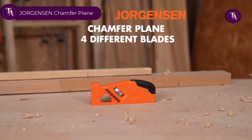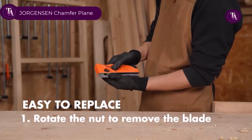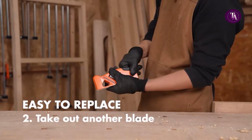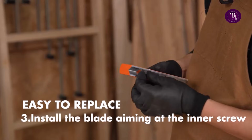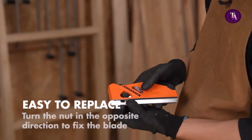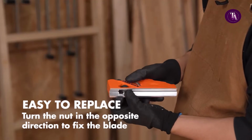Jorgensen Chamfer Plane. The Jorgensen Chamfer Plane is a precision corner easing tool designed for fast, clean edge shaping on woodworking projects. Built from high-grade machined aluminum, it stays lightweight yet durable, while its 01 steel cutter heads deliver long-lasting sharpness. With 4 interchangeable blades, including a 45-degree chamfer and 3 radius cutters, you can achieve a variety of edge